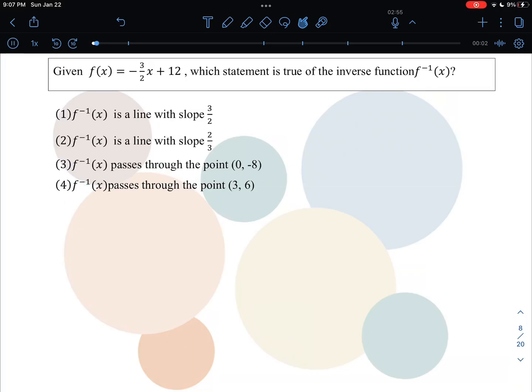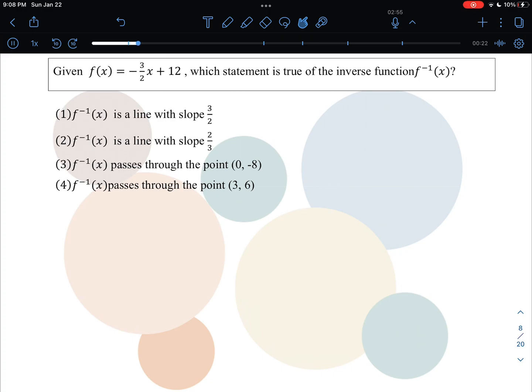It's time for another Algebra 2 Regents quick question walkthrough, and this one is on inverse functions. Given f of x equals negative 3/2 x plus 12, which statement is true of the inverse function f inverse of x? I think in order to answer these questions, I'm going to need to figure out what my